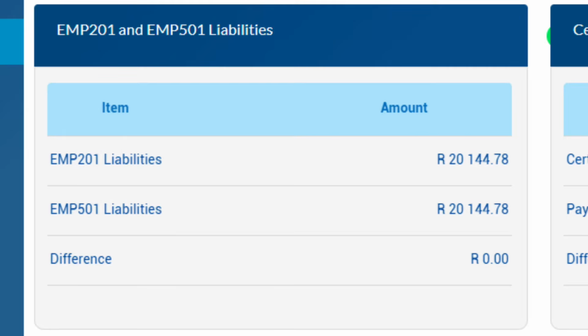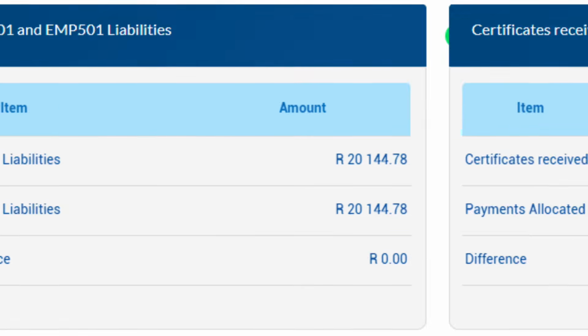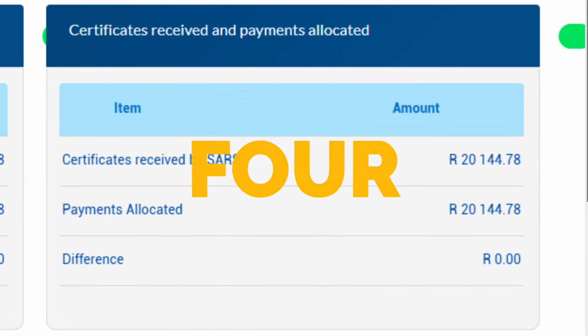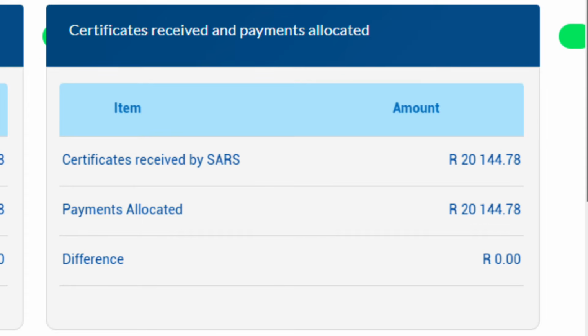This section compares EMP201 liabilities with EMP501 liabilities, ensuring that the EMP201 values match the EMP501 value. The fourth widget, certificate received and payments allocated. This section displays the total amounts allocated to certificates received by SARS, confirming that these match the payments allocated on